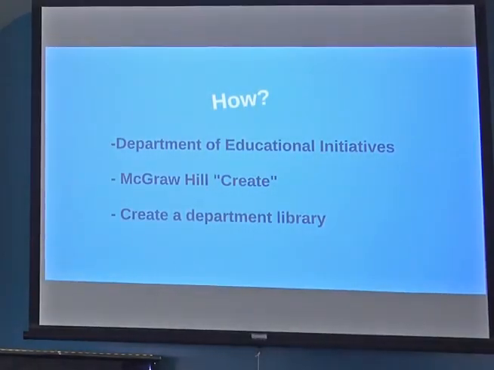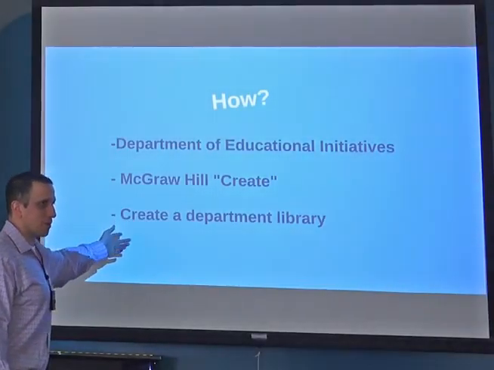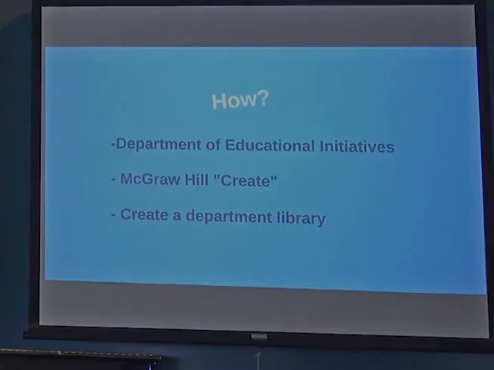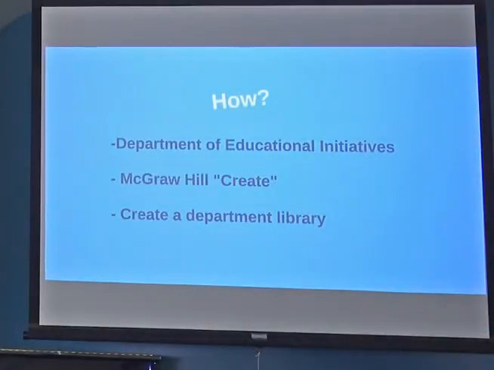So for marketing research, we're creating a book that's a compilation from several different books. And we can do that through McGraw-Hill. So the average cost for the student is going to be under $30. We can create department libraries, and so maybe that's something that one person in the department takes over. We all have access to unlimited Google Drive space, so we can share a Google Drive folder. We have access to lynda.com, which is a big company. Through the Salt Lake Library System, we actually have free access to lynda.com, and they have a ton of resources.